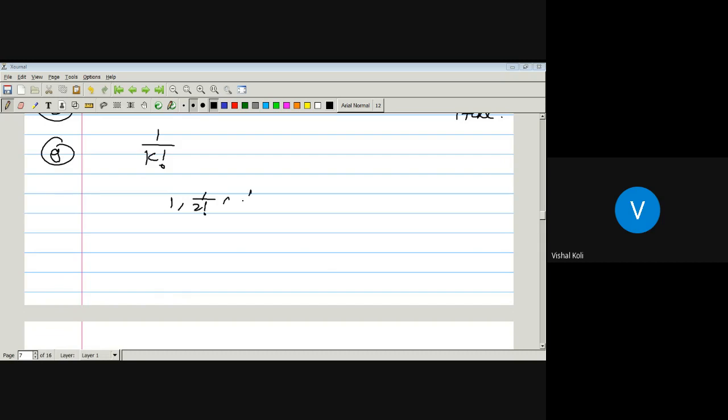Third term will be 1 divided by 3 factorial. Fourth one will be 1 upon 4 factorial. And so on. So what is its generating function? Generating function is nothing but 1 plus,